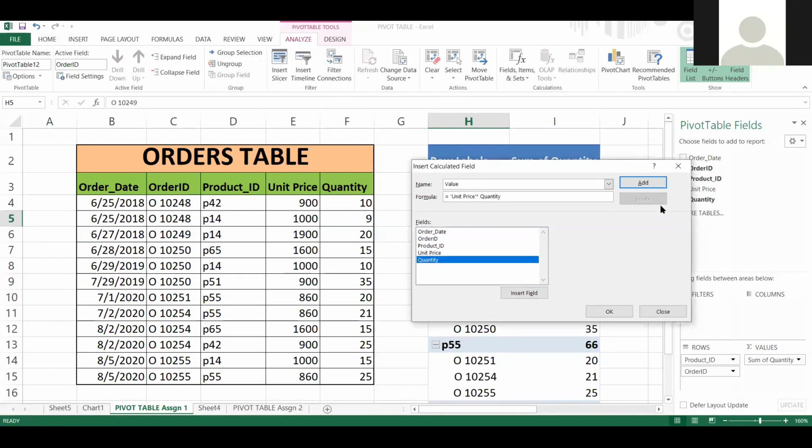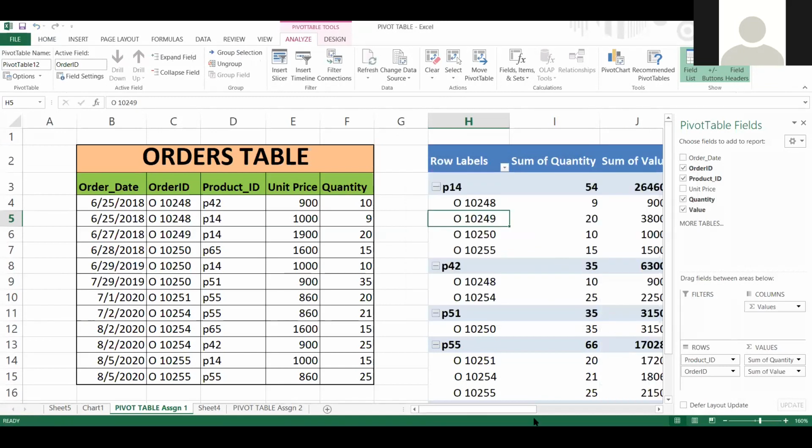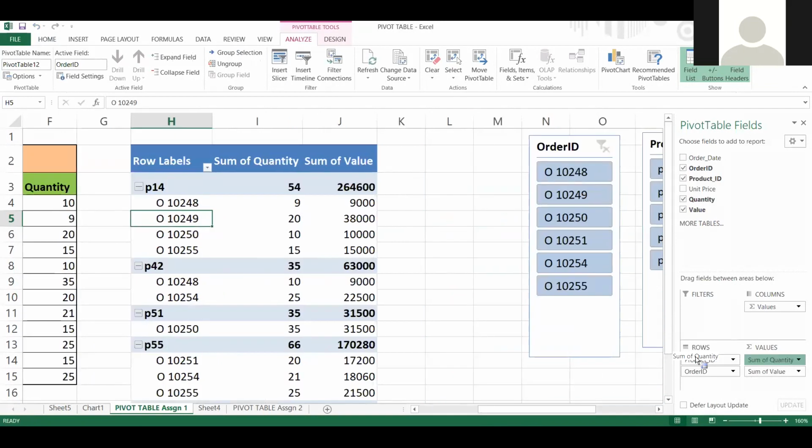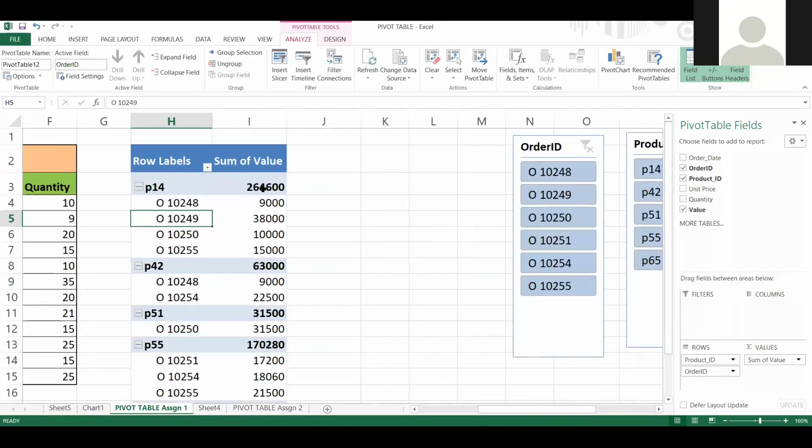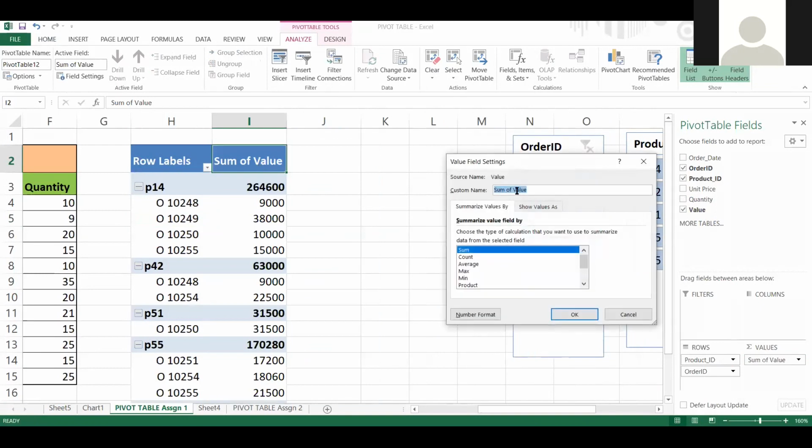Add. Then you can remove this quantity because I don't want quantity, and change the name. Just double click and change the name from value to some other name, because value is already there.